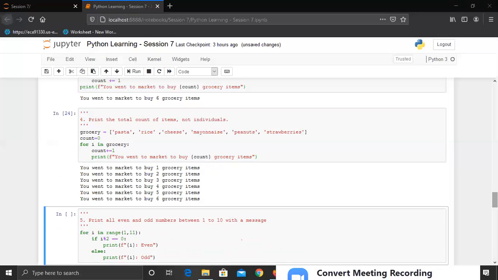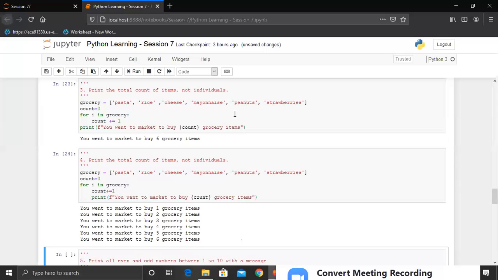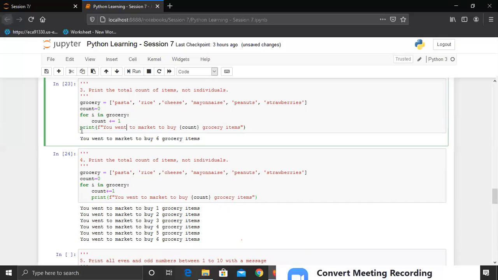The purpose of representing these two different cells is to show you the value, or maybe the power, of indentation here. If you are doing the indentation inside the for loop, you can see that it is printing the statements n number of times, like n number of iterations. But here, if you are not using indentation inside the for loop, this statement is out of the for loop, so it will just print the statement once only. So this is the difference if we use indentation or not.